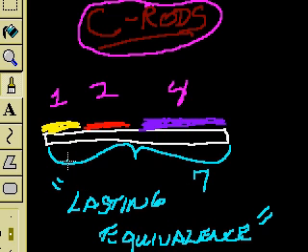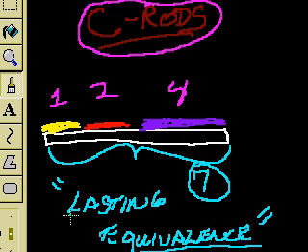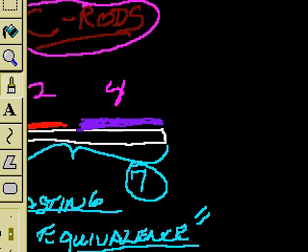But if you allow kids to work with these rods and discover for themselves that the 1 rod, which is worth 1, and the 2, which is exactly double that, and the 4, put together in a train, make the same size as the black rod beneath them, which equals the number 7, you will see that they develop an appreciation for this lasting equivalence, if you will,